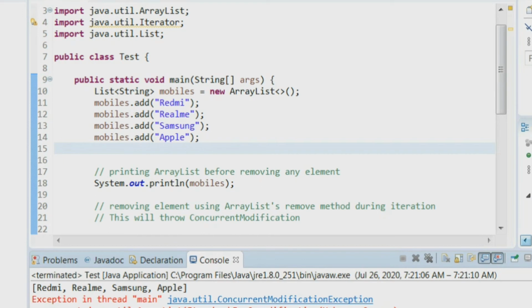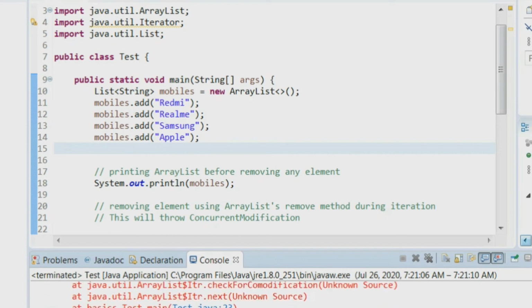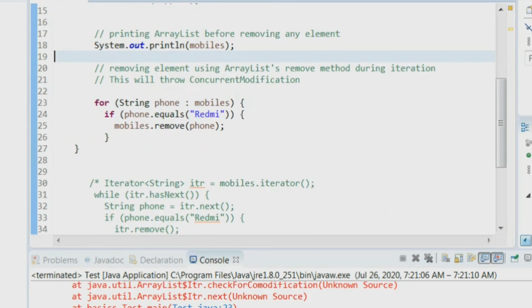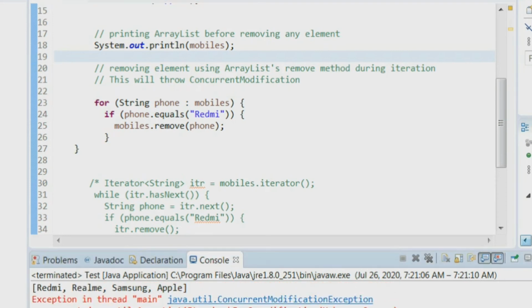Then whenever I try to remove the element Redmi by using the ArrayList remove method, it throws the concurrent modification exception.